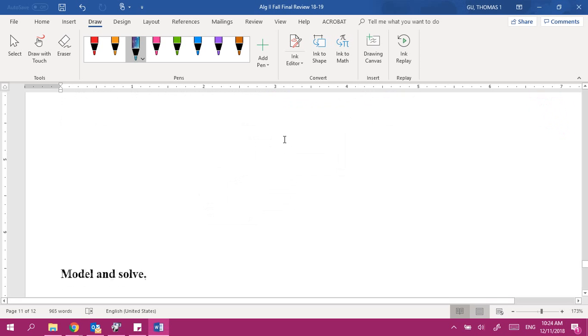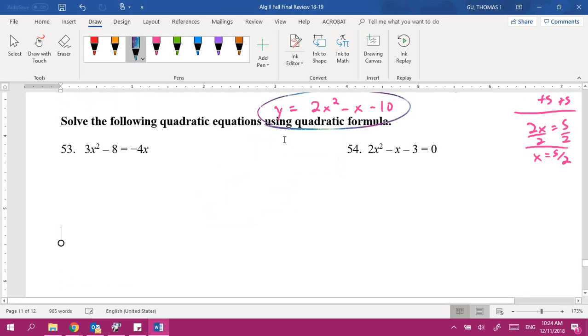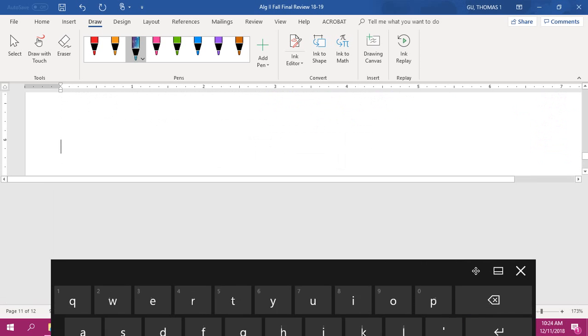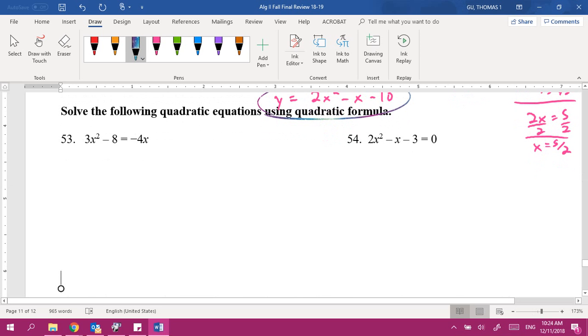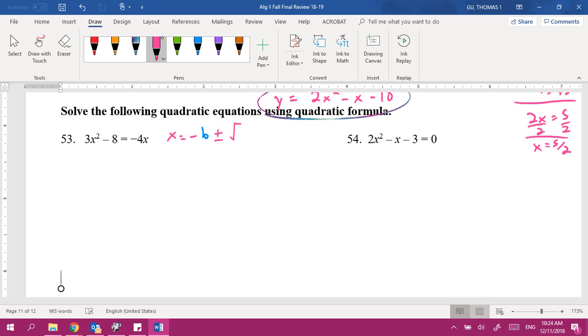All right, 53 is a quadratic formula problem. So first of all, let me write the formula real quick. It's going to be x equals negative b plus or minus the square root of b squared minus 4 times a times c, all over